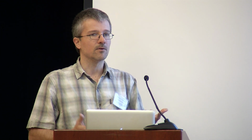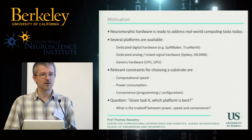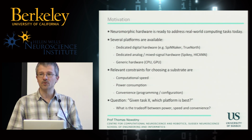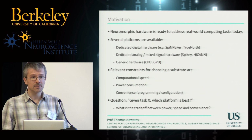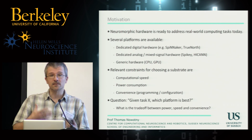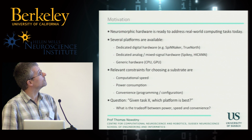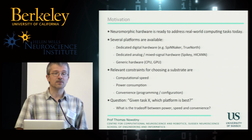What we wanted to do in this particular work reverberates with what was already said just now. We wanted to take a snapshot of what is actually there today and what we can do with it, and how it is better, or is it already better, than conventional computing. So we were looking at the hardware that is now available. Karlheinz Meyer showed those impressive pictures of the big machines in the Human Brain Project. It's also available in smaller form factors for embedded computing. And systems range from dedicated digital hardware to mixed-signal systems that have analog computing parts and digital parts for routing. Or we still have generic hardware that we can compare against, for example, normal CPUs, GPUs